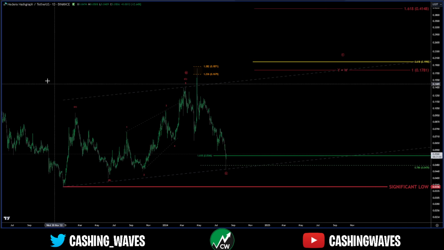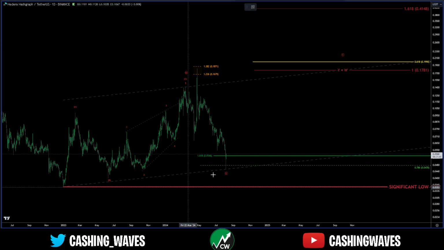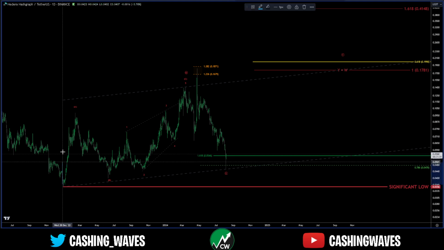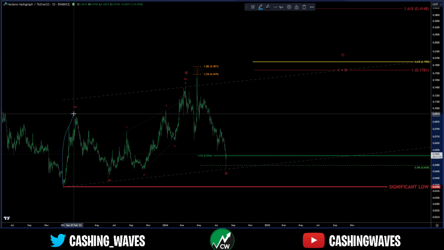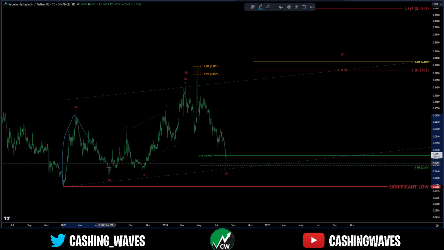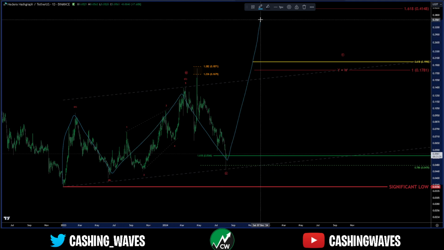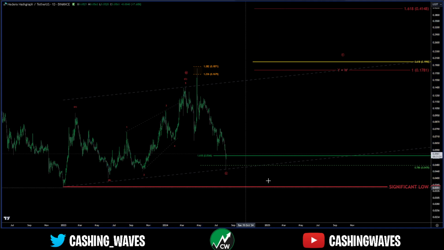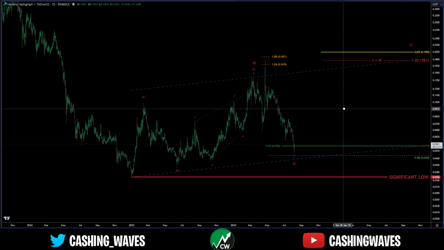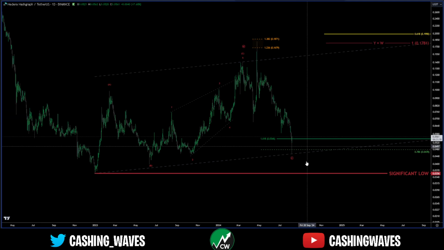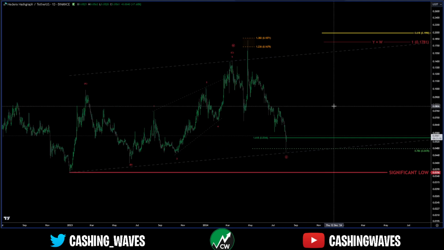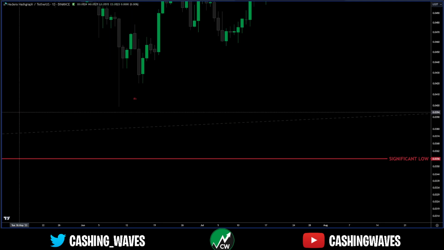If we end up doing something more impulsive, I'm going to update this count because I have seen this play out before in the crypto markets, but this is still technically valid, although I'll put very low probability that this is a 1-2, 1-2 with an expanded flat, in which case we can really thrust pretty aggressively. I'm not going to even put on the targets at this moment unless we really start pushing here. Now, invalidation of the 1-2, 1-2 would be at this pivot right here.